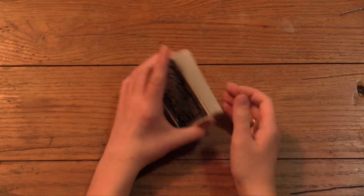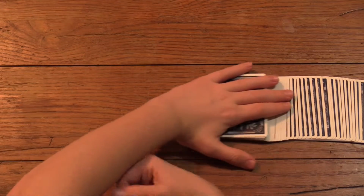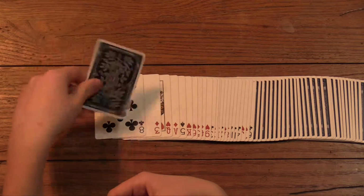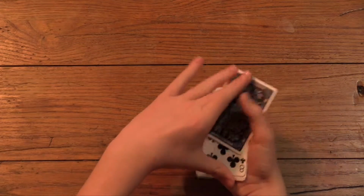So what actually happens here is it looks like it's completely mixed up, but there's a pile of face down cards and a pile of face up cards, and then the selection. There's the 6 of diamonds, okay? So what you do is you have this card right here,